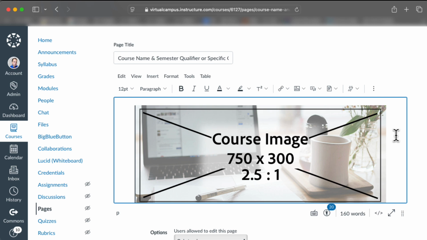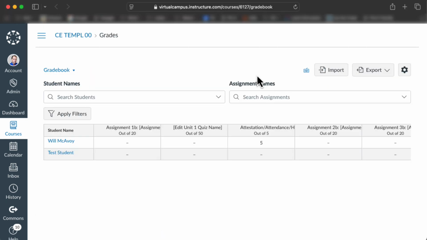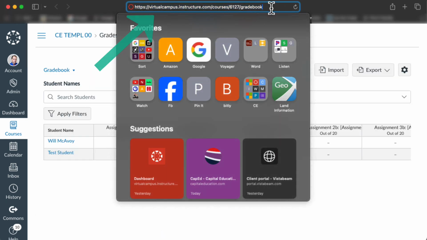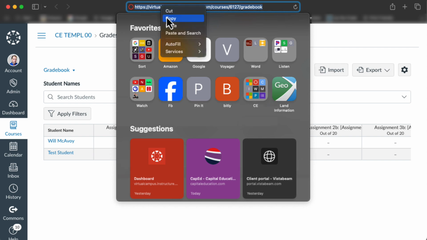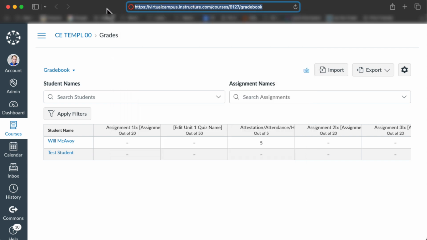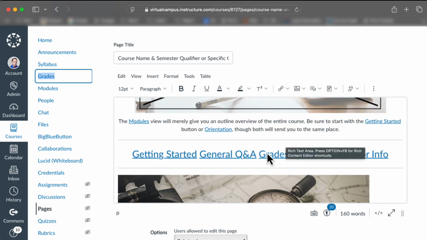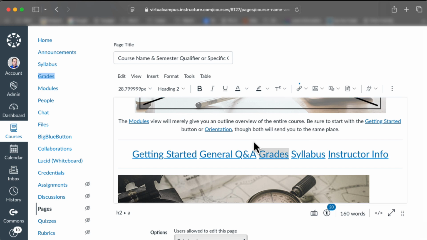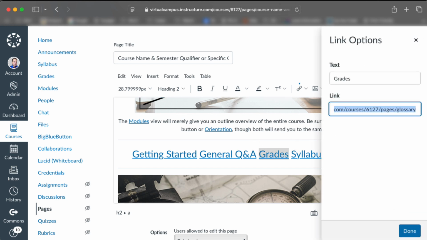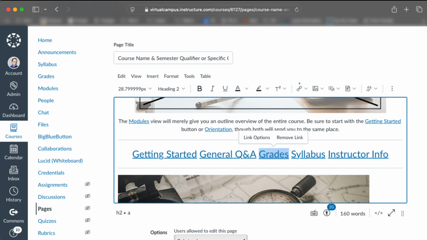So to actually fix it, what we need to do is we need to go to the grades page. And up here in the address bar, we just need to copy. So we've got that saved. And then we go back and we do click on it. And this time go to link options. And you'll see the link here right now is the glossary page. We're going to paste in, and it's going to be gradebook. So if we click done here and we go down and save it now,